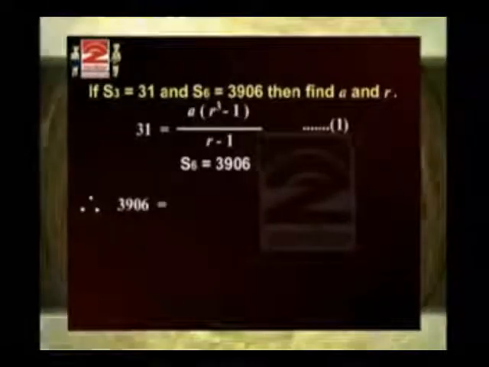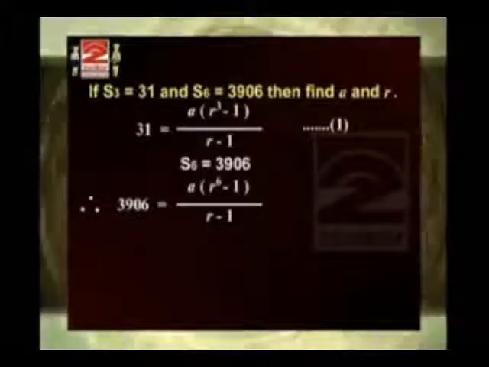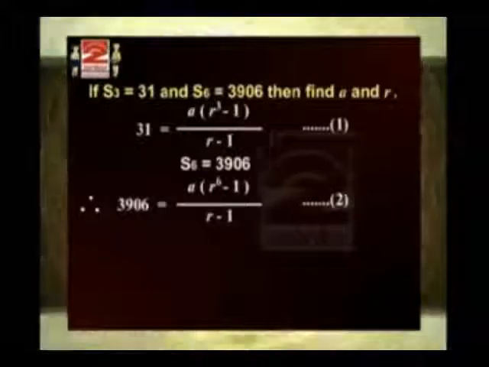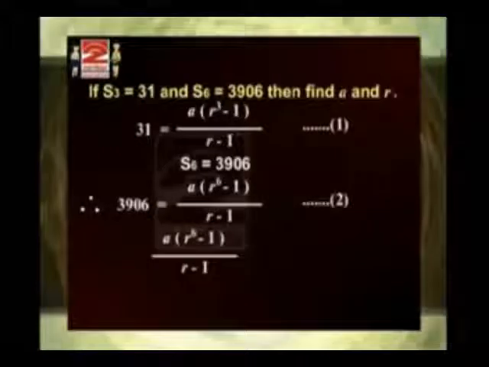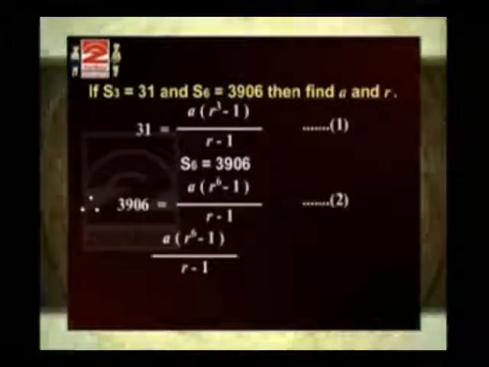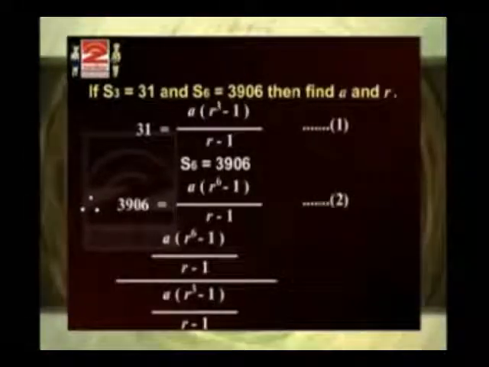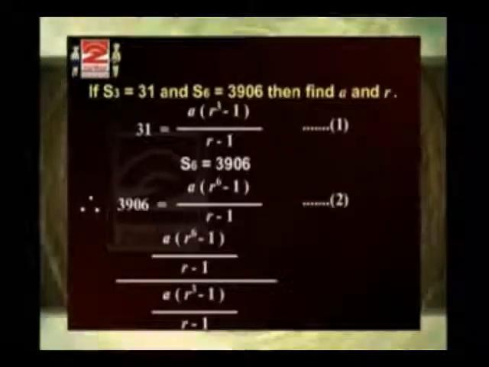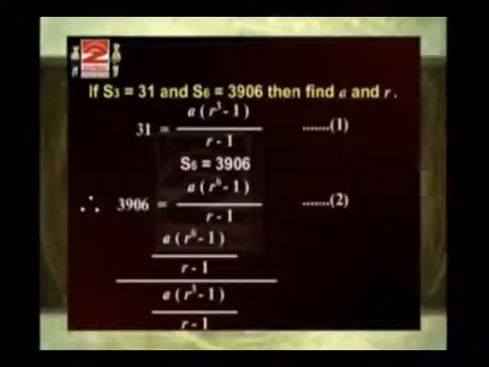Similarly, S6 is 3906, therefore 3906 is equal to A into bracket R raised to 6 minus 1 upon R minus 1, equation 2. Now we'll divide equation 2 by equation 1. So, A into bracket R raised to 6 minus 1 upon R minus 1 divided by A into bracket R raised to 3 minus 1 upon R minus 1, that is equal to